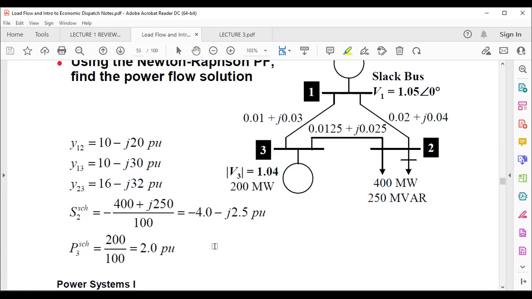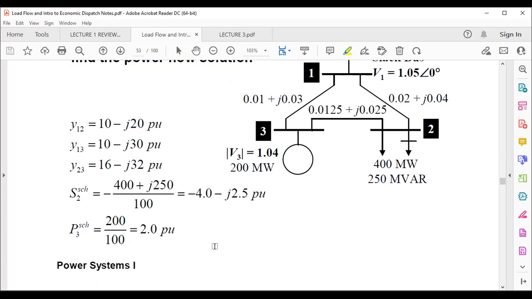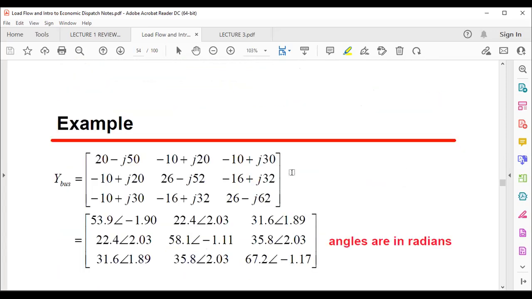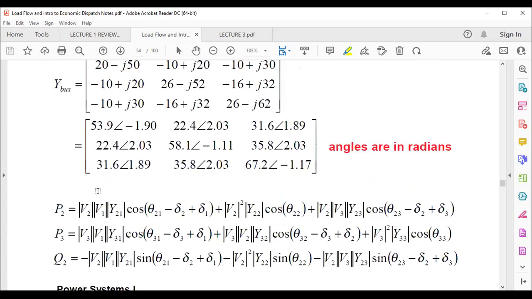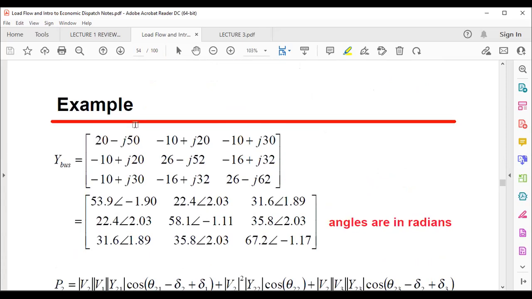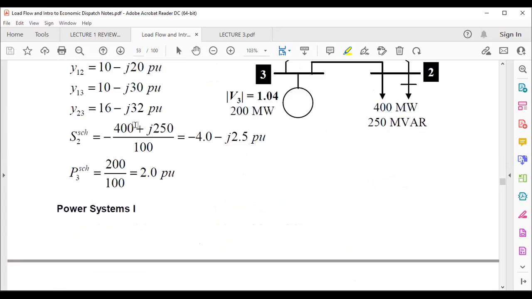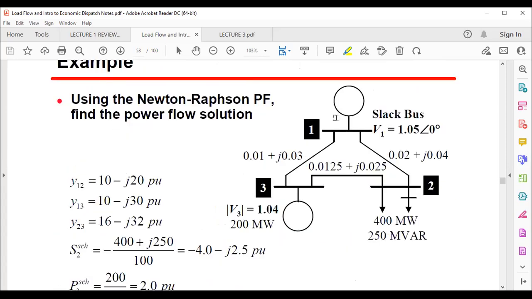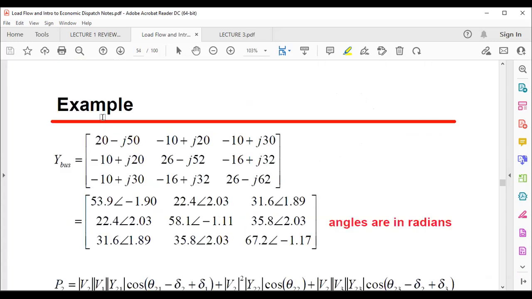So now that is understanding the question as is. Next is to assemble the Y-bus matrix. From the basics of the Y-bus matrix, how do we assemble it? Number 1, it's based on the equations of KCL. But generally speaking, this is how we assemble it. Since it is a 3-bus network, the size of the Y-bus matrix will be a 3 by 3 matrix. That means we'll have Y11